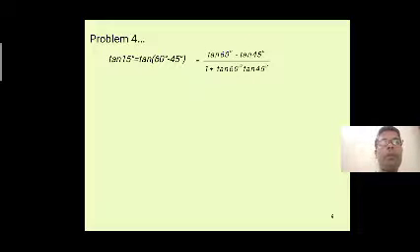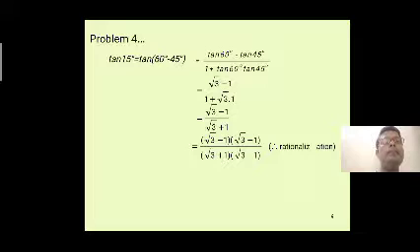Now we go to tan 15 degrees. How to write tan 15? This is the same as tan of 60 minus 45. Then the tan A minus B formula is applicable. So tan 60 degrees minus tan 45 divided by 1 plus tan 60 into tan 45. We know that tan 60 is root 3 and tan 45 is 1. Directly we substitute: root 3 minus 1 by 1 plus root 3. So the answer is root 3 minus 1 by root 3 plus 1.